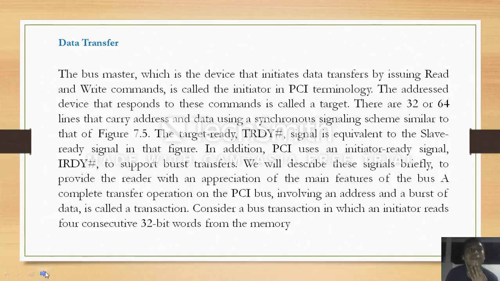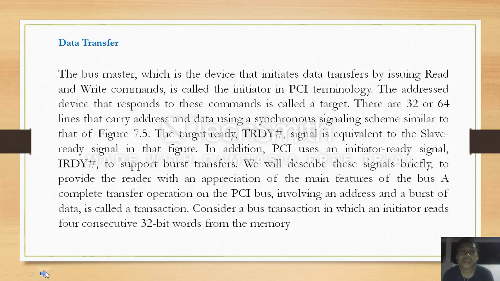Data transfer. The bus master, which is the device that initiates data transfer by issuing read and write commands, is called the initiator in PCI terminology. The addressed device that responds to these commands is called a target. There are 32 or 64 lines that carry address and data using a synchronous signaling scheme similar to